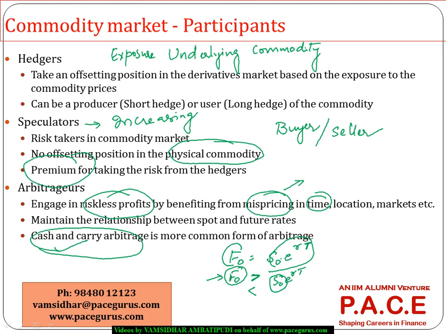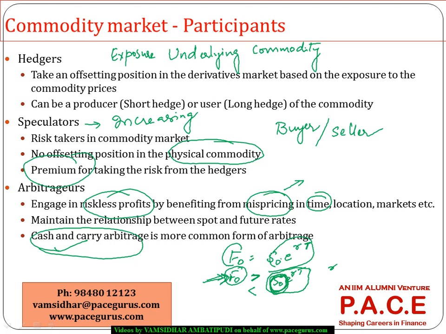He buys the commodity in the spot market by borrowing this much amount at a risk-free rate of return r, which means at the end of the borrowing period he has to pay only S0 times e^(rT). But today he has frozen the contract, saying he can sell the commodity after a certain time at F0, which is greater than S0 times e^(rT). The difference is what he is directly making as profit.